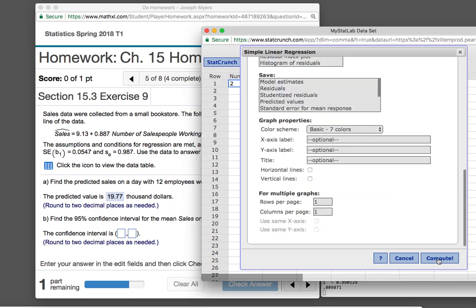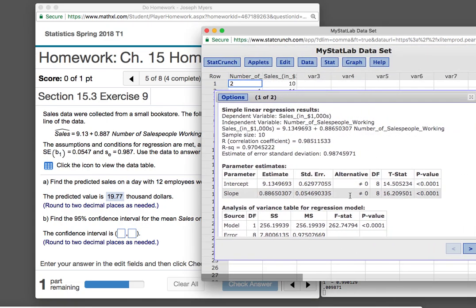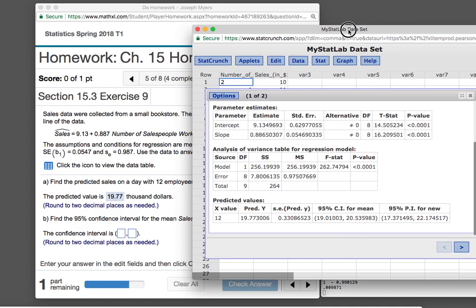Okay. Very good. So what is the average sale value? These two confidence intervals that it shows us have different meanings. So what is the predicted confidence interval for the average age? It's 19.01 through 20.53. That's a fairly narrow range. But